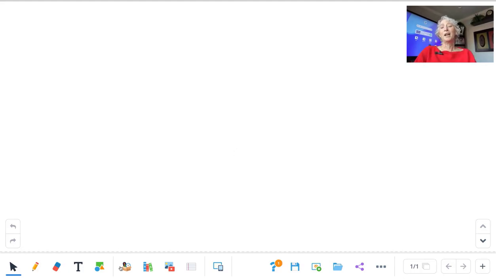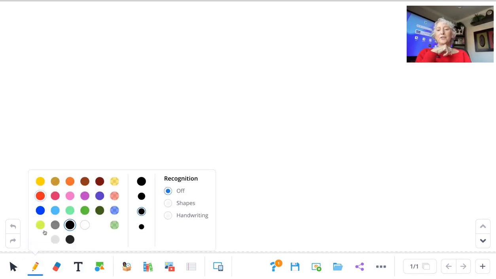So I talk about these first 5 tools as our basic tools, right? The ones you would expect to see. These are our whiteboarding tools. So if I tap on our pencil here, you'll see all of the different colors that you can utilize, including some highlight colors, and you can change the thickness of the writing itself. We do have some shape and handwriting recognition, so if your handwriting is horrible,